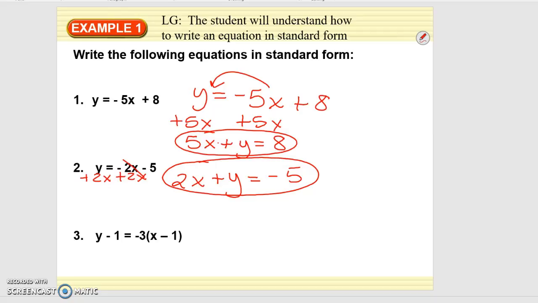All right, now this next one's tricky because what form is it in? It's in point-slope form. So with point-slope form, I'm going to have to get the x over here. So I would suggest distributing your 3 and then moving it over. Okay, so I'm going to distribute